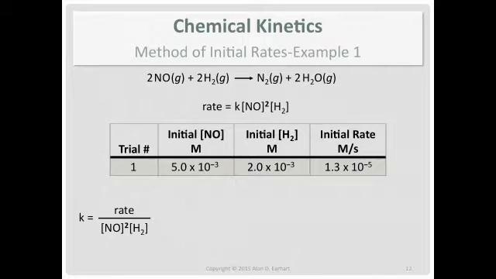So let's start with trial 1. And down below, there's the mathematical expression for K. So we'll take the rate, plug that in. Notice I'm using units now. Rate constants have units. You must use units. And you can't use the square brackets now, because the square brackets are a shorthand for concentration, but if you actually need the units, you have to plug the units in.